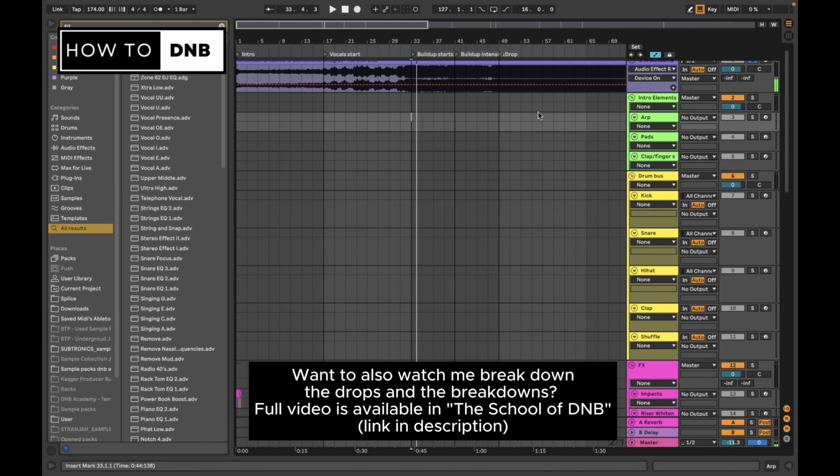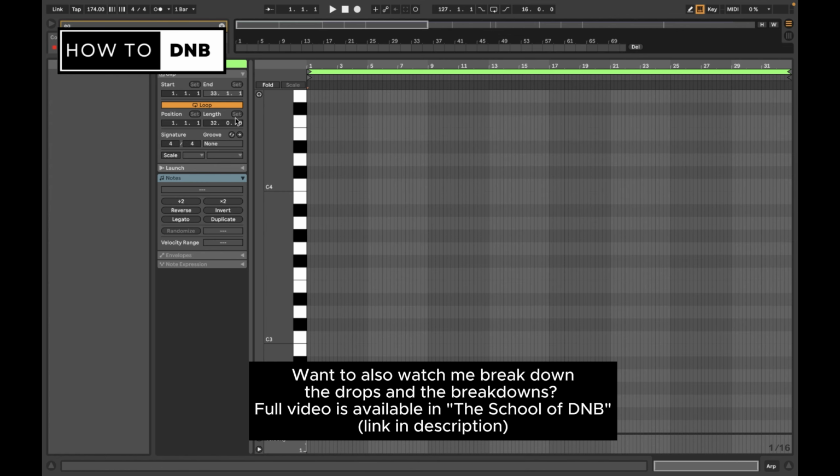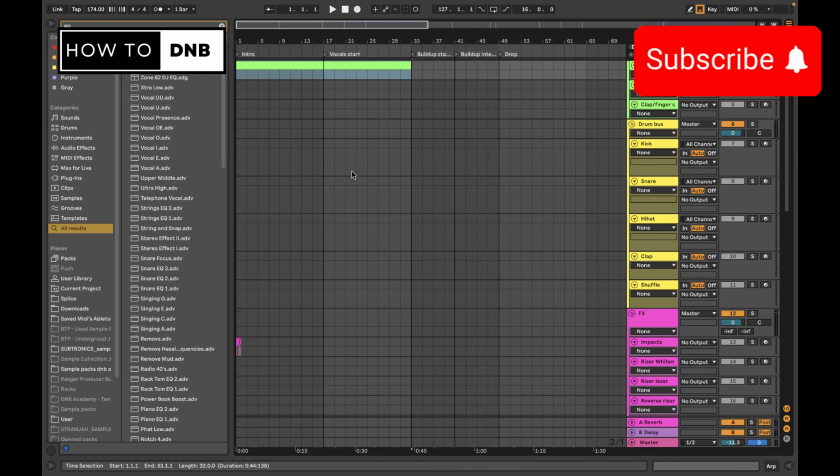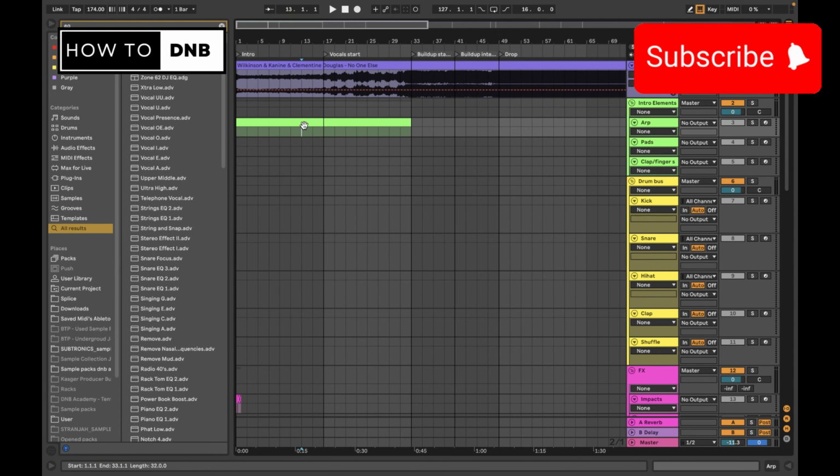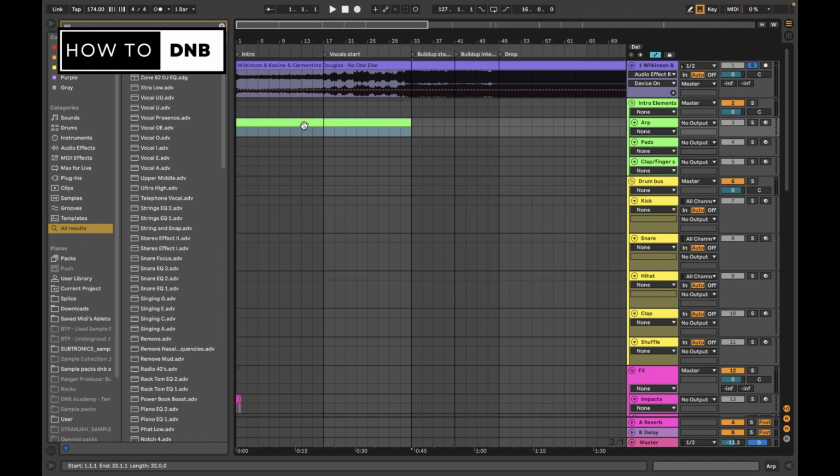All right, so it actually goes all the way until the build-up, so that's interesting. We'll hear later that this evolves over time, right? But it goes for the whole entire way. There's some automation in terms of the filtering, I think, and maybe some volume automation here and there, and some other things such as the reverb becoming bigger and smaller. But we have this ARP going for this entire time. So this is truly like an ever-present intro element. All right, let's move on.